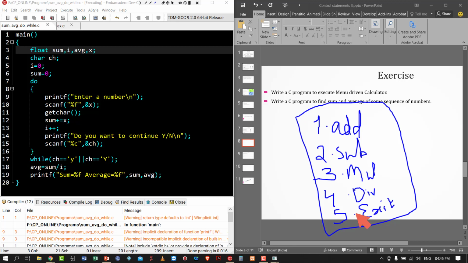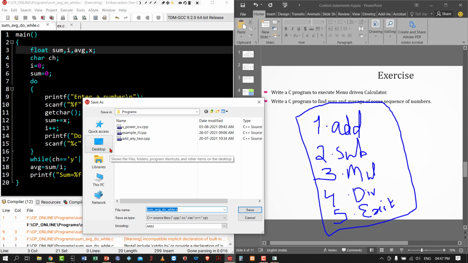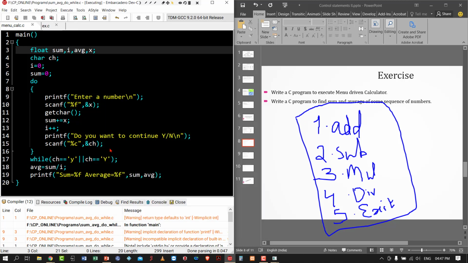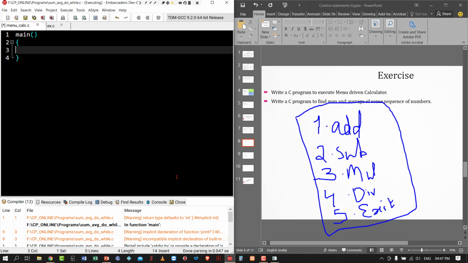First of all I will write the program, then I will explain it. Here also I have a division operation to be performed, so I am using float. a comma b to get the input, and I am using res to store the result.